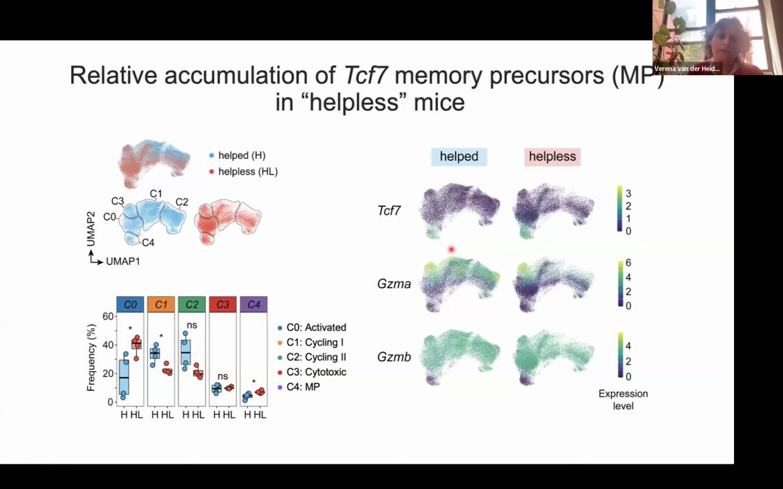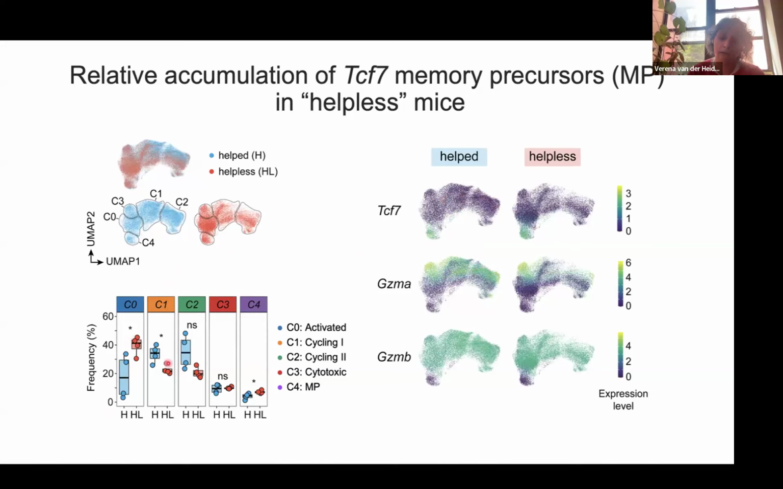But when we looked at the distribution of helped to helpless cells across these clusters, we could actually see differences. Showing you here, this is the TCF cluster, which we call the memory precursor cluster. Then you have several clusters that express high levels of granzyme A and granzyme B. When you look at the distribution of helped to helpless P14 among these clusters, you can see that the helpless pool has higher expression of this activated cluster and of this memory precursor